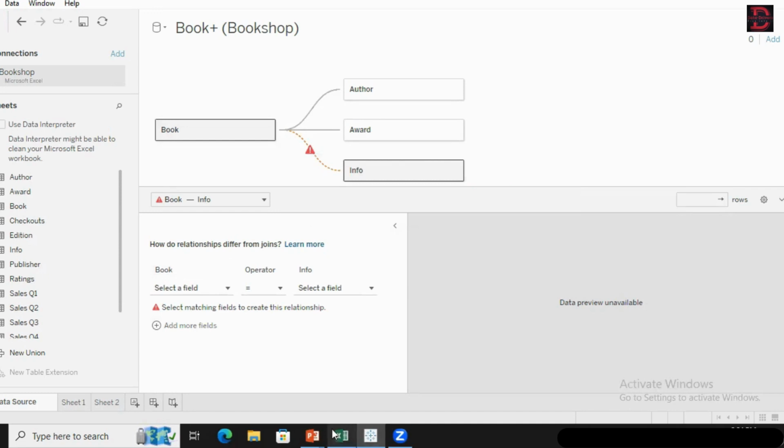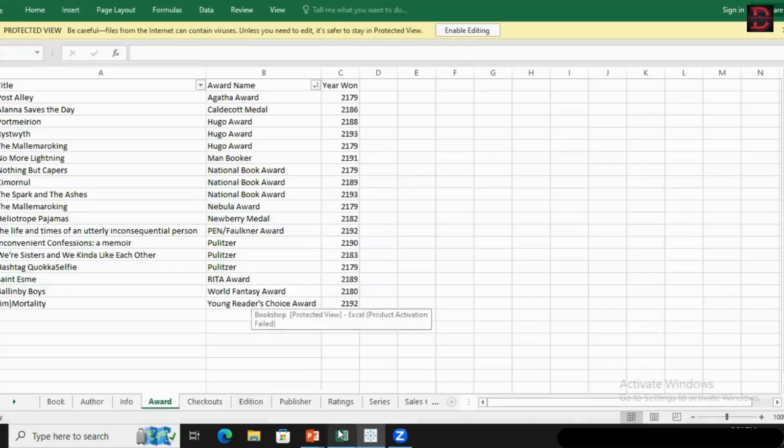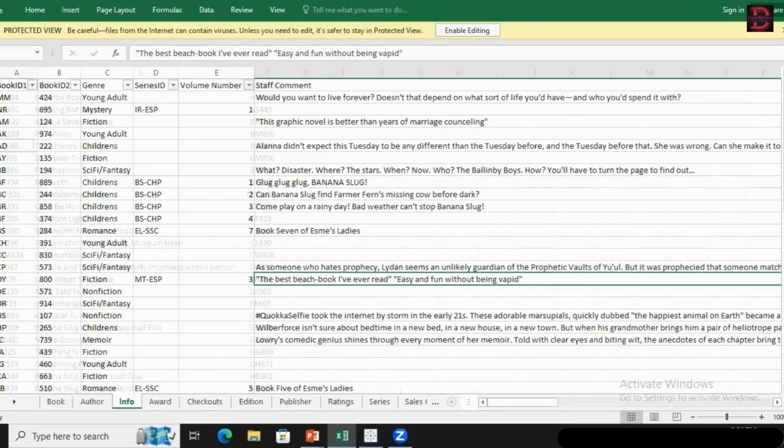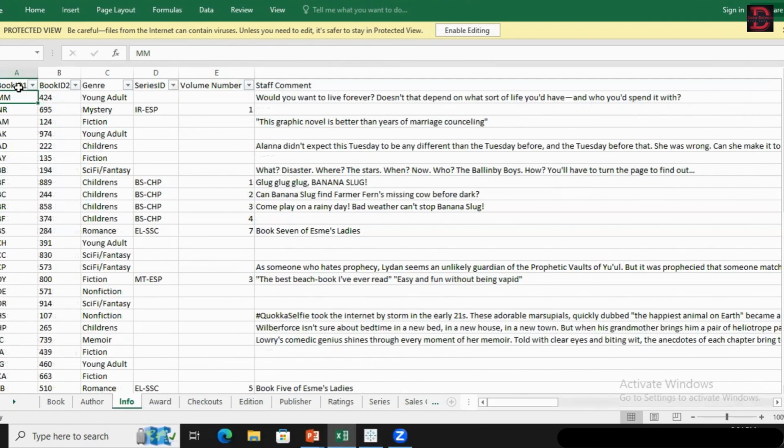So if I walk you through the data source, I'll go here. So book ID is a combination of this BB and 194. And if I go to the info tab, book ID is basically a combination of book ID 1 and book ID 2,